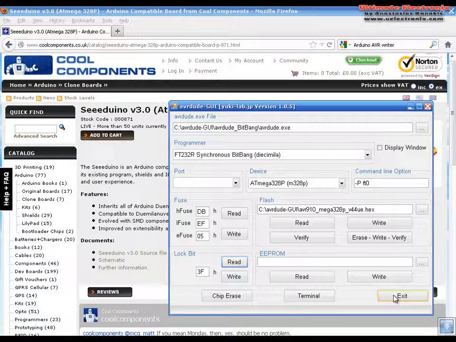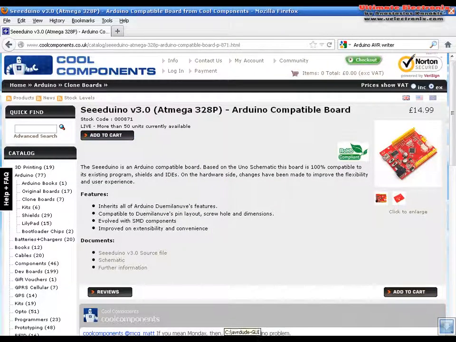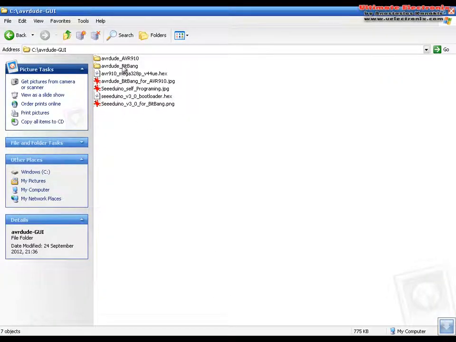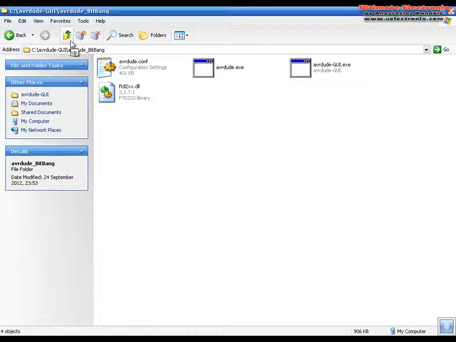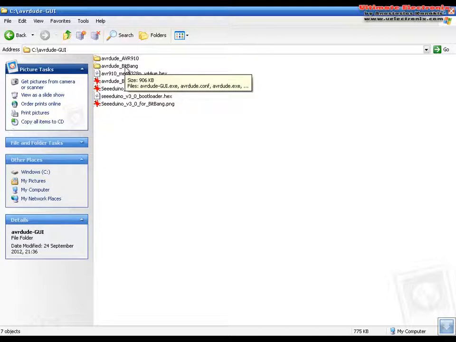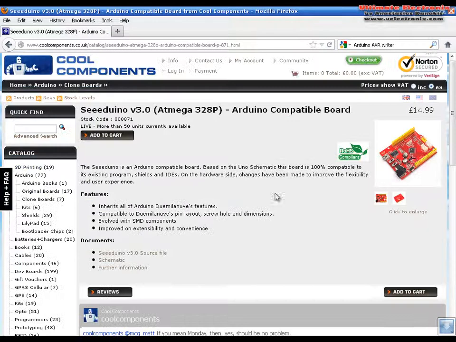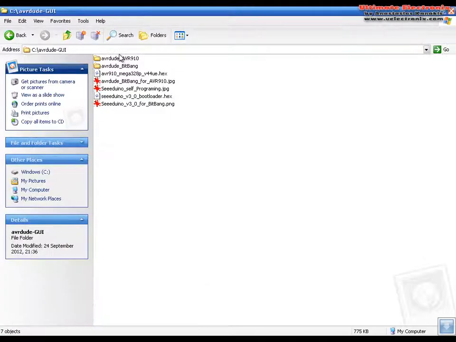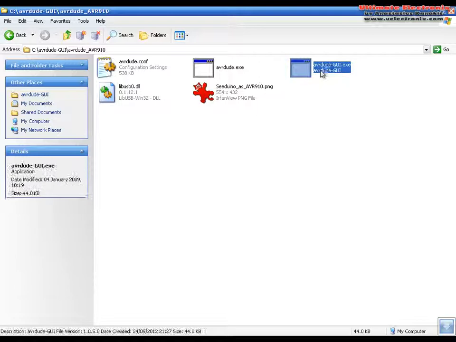So now you can close this program and here in this folder where you were, you can go out now. So use this AVRDude Bitbank when you want to program the Seeeduino board by itself. Okay? Now, if you want to program external microcontrollers, you can go to the AVRDude AVR 910, start this GUI,